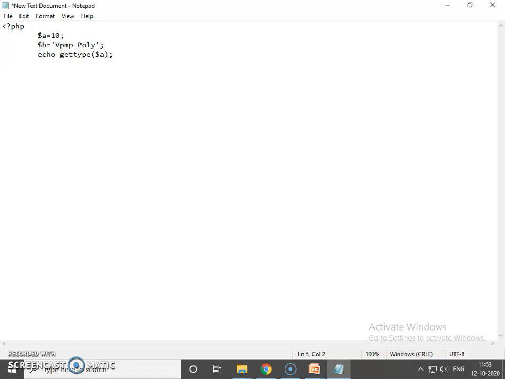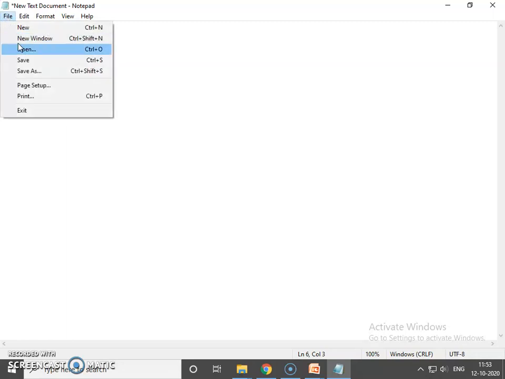Now we are printing the data type of $b also. gettype($b). Close the script. Now save your file.